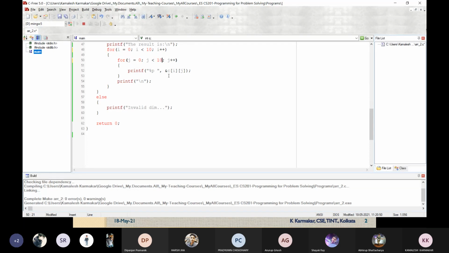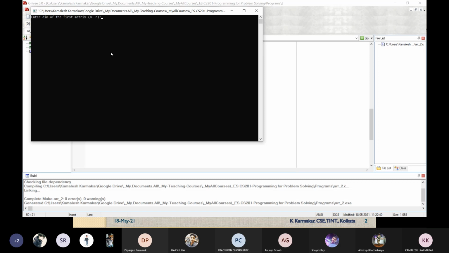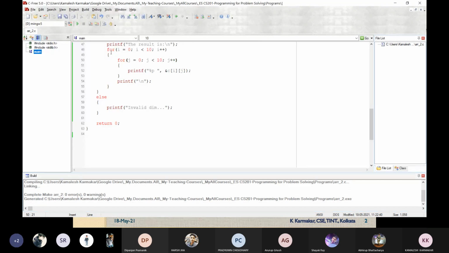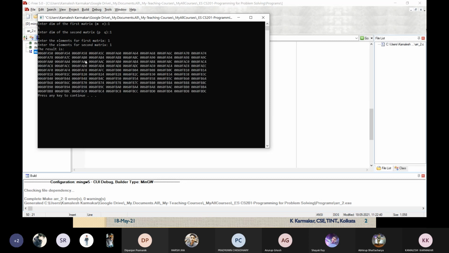There are 10 rows and 10 columns, so I'm writing 10 rows, 10 columns. Now you can see A50, 54, 58, 5C, 60, 64, 68, 6C, 70, 74, now 78.